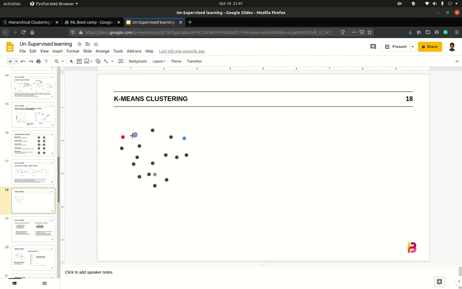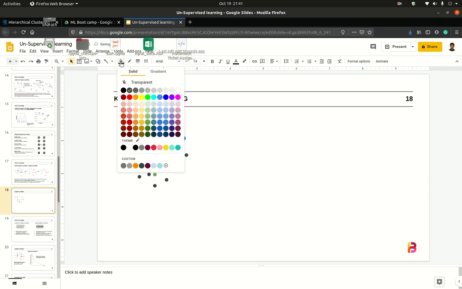The next thing the algorithm would do is, for every point, calculate the distance between the observation and the centroid. For this observation, it has done this the same way. This distance being the shortest, the algorithm would now tag this as red.